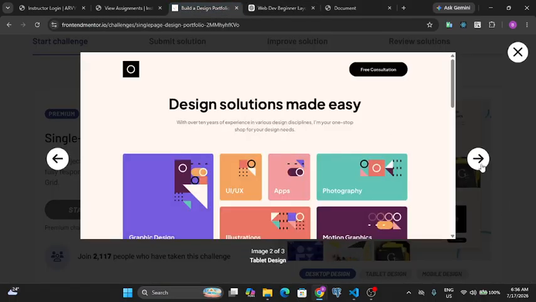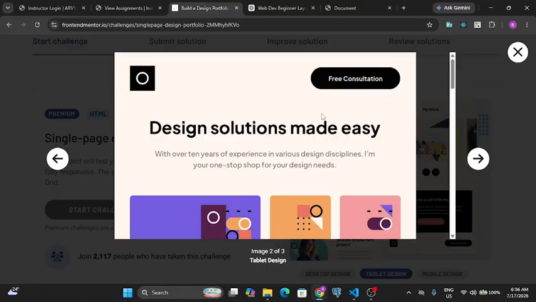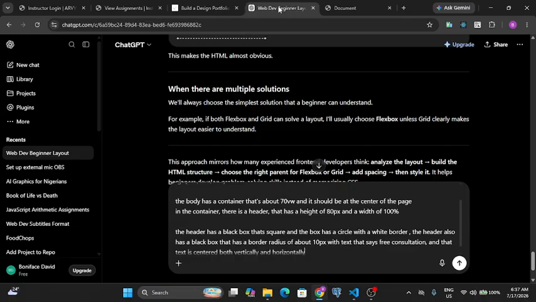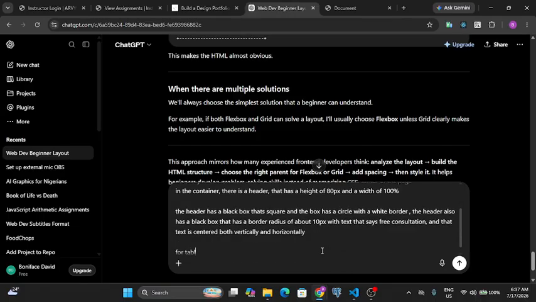Now let's see what it looks like in the tablet version. In the tablet version, the only thing that changed was that the space here between the containers reduced to only about 10% of the space. So we can come here and say, for tablet versions, the boxes